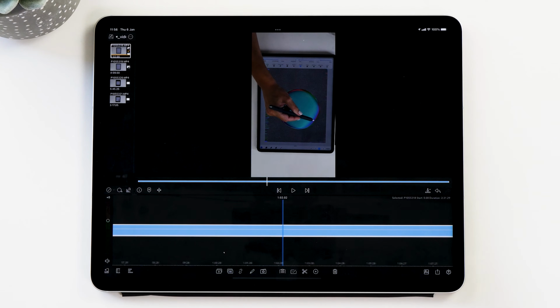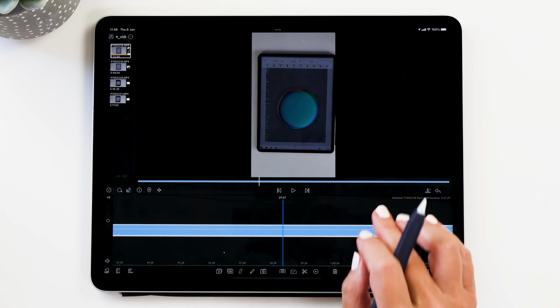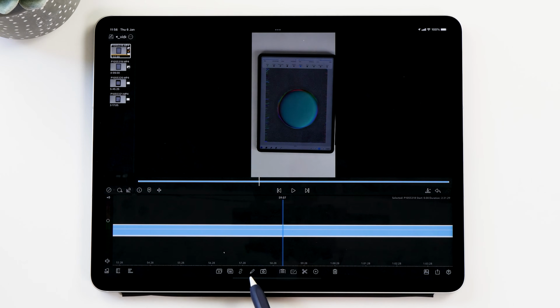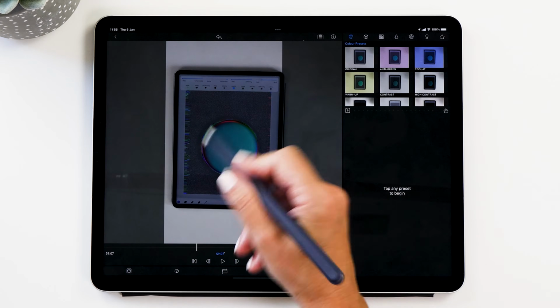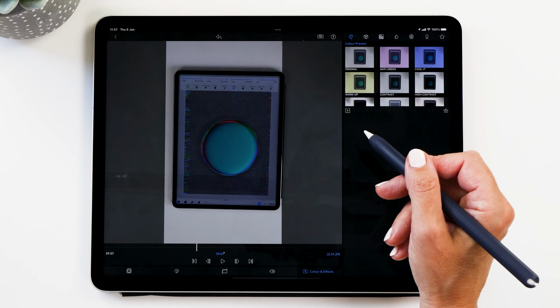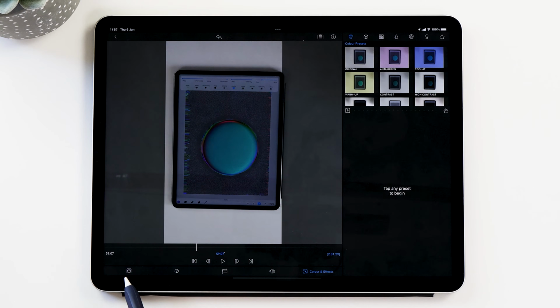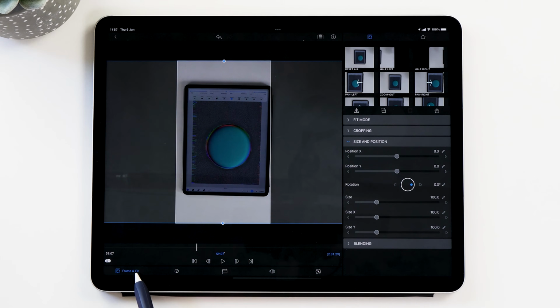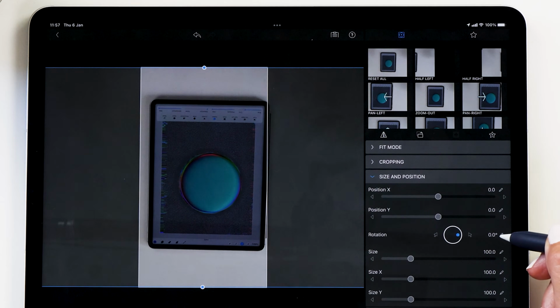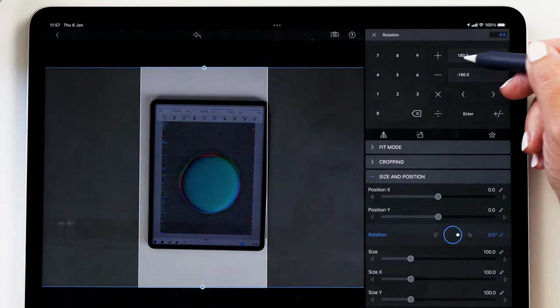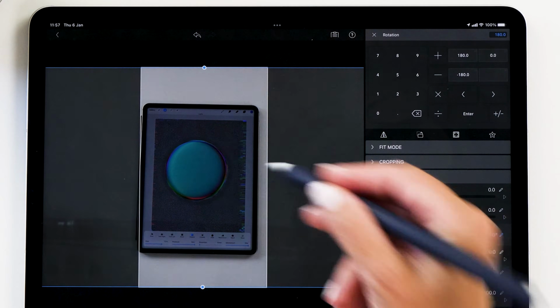and this is because of my video setup in my studio. So the first thing we want to do is change this, and in order to do that, we're going to tap the edit button here. So now this is going to bring us into the edit screen, and then what you want to do is tap on the first icon here on the left, which is frame and fit. The easiest way to change it is to tap on the edit and then 180 degrees,